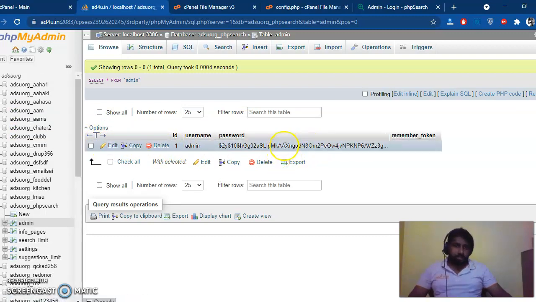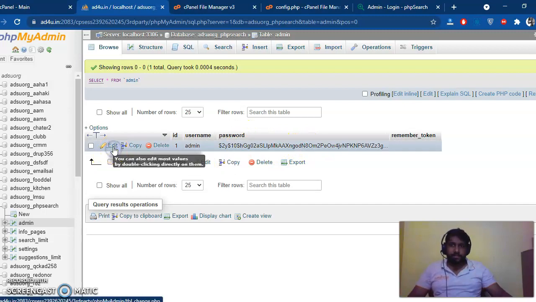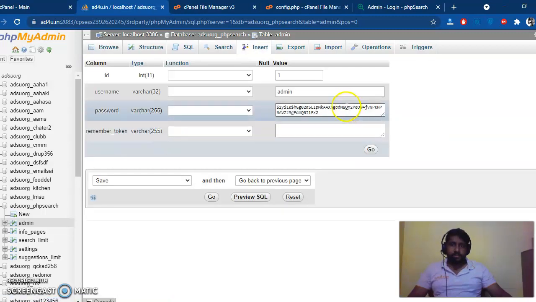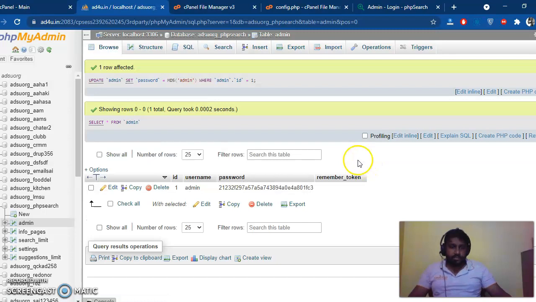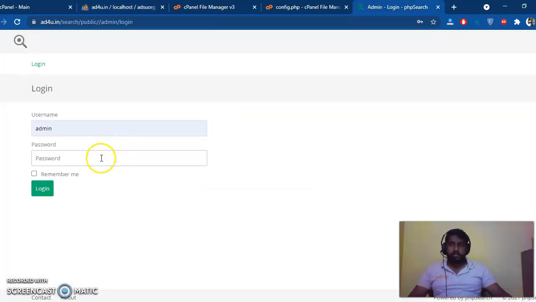You can change the admin password. Give MD5, give admin. Go. Okay, we have successfully changed our admin password. So just log into the admin panel.